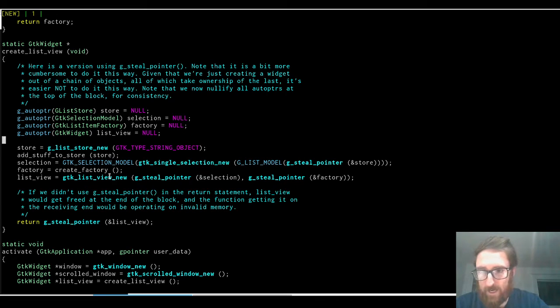Now, since, as I indicated before, these guys here, GTK single selection new and GtkListView new, are transfer full on the receiving end. If you do use auto pointer, you have to be very careful. So we've declared and initialized to null all of these objects that we are using now as auto pointers. And so we're going to create them all in the same way, except that now with the selection guy,